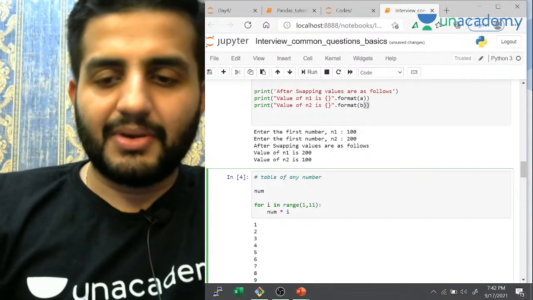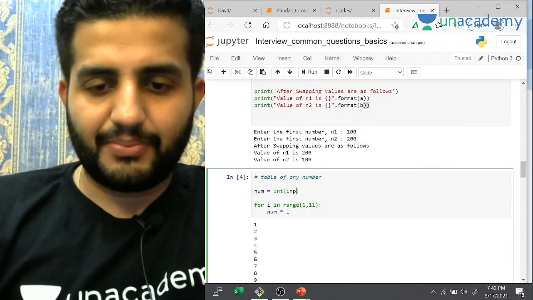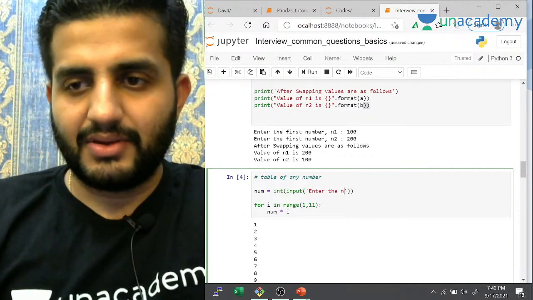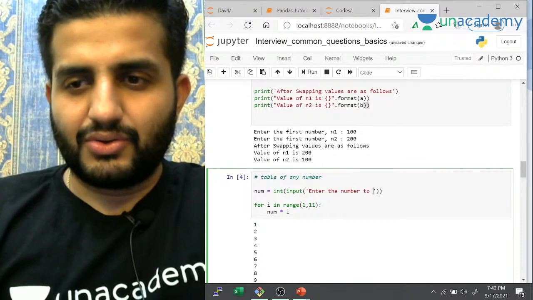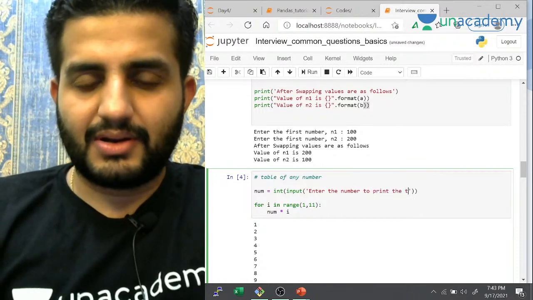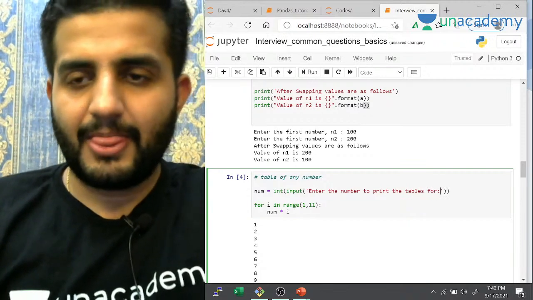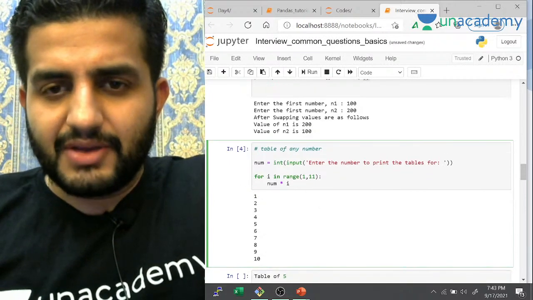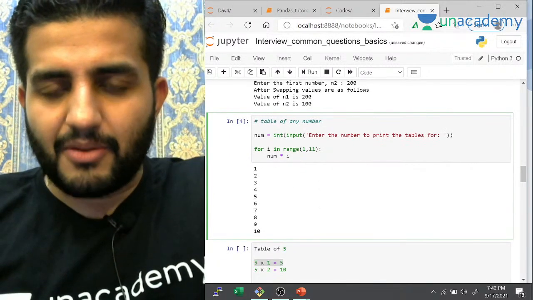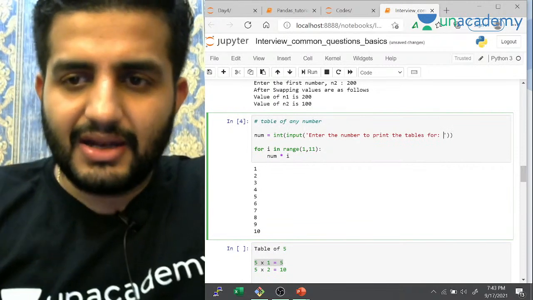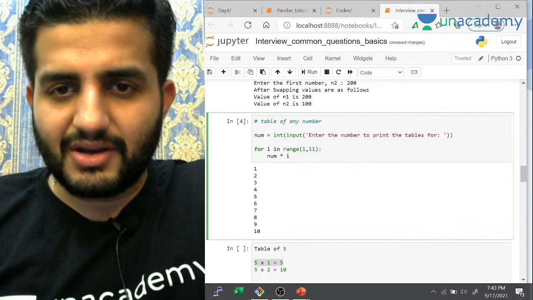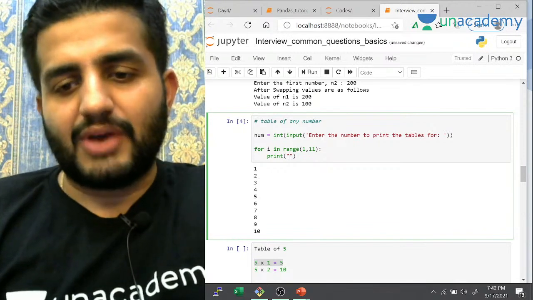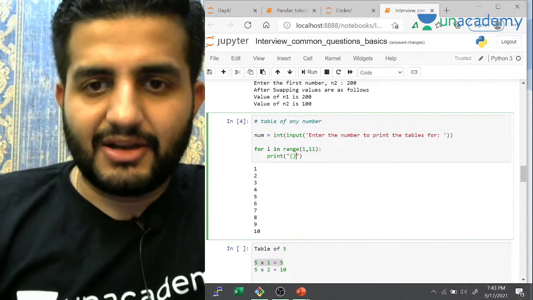So I'm taking this number as input. So again, int of input, where I'm gonna write, say, enter the number to print the tables for. Okay, cool. So I'm going to take the number here. Now my objective is I want to print it in this format, right? So I can take for I in range of 1 to 11, no questions here. So I need to print. So I'm going to use a format here, right? So first is a curly braces, which is my number